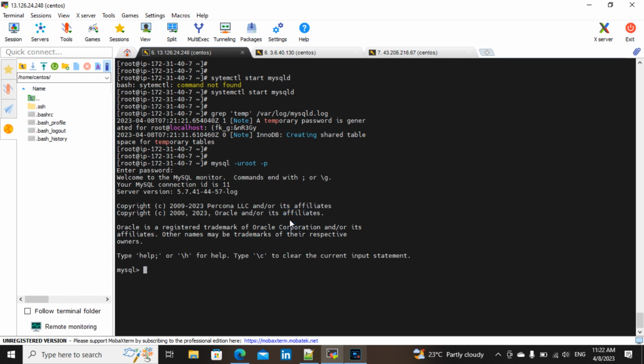Okay, once you log in to your MySQL server, you can check your database, but you cannot see anything because you didn't do any root password changes before. So it will show like this. First, you need to reset your password, then only you can access your database. So you need to change your root password: ALTER USER root